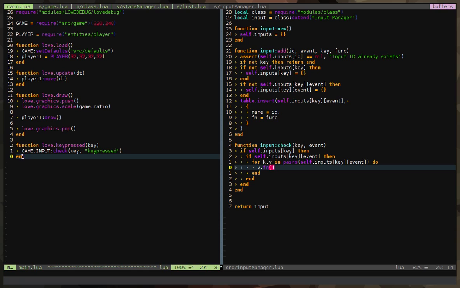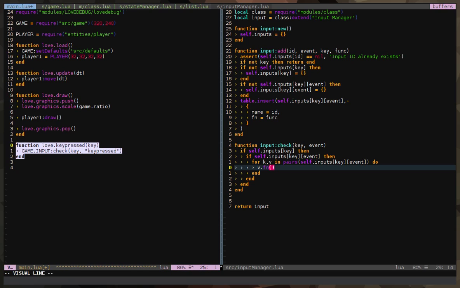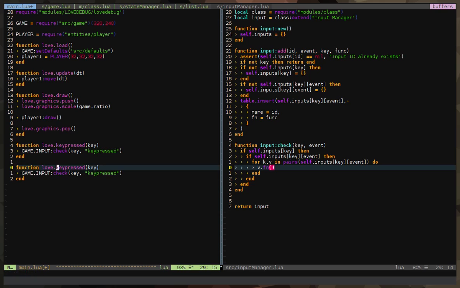And then let's create another one. Let's just copy this, and then create another one which is for keyreleased. So these are the important functions in the love framework. Okay, there you go.